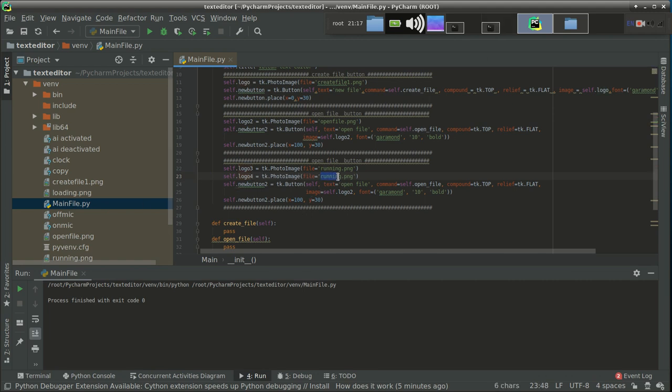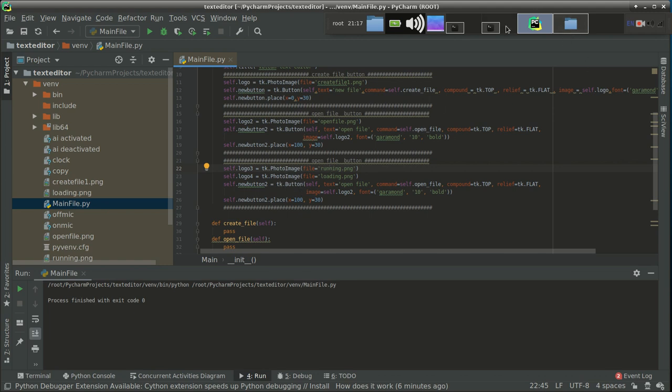Right now we are going to use it as loading. So we have imported these two images. We have not put any image over here till now, but we are going to put it on the canvas.